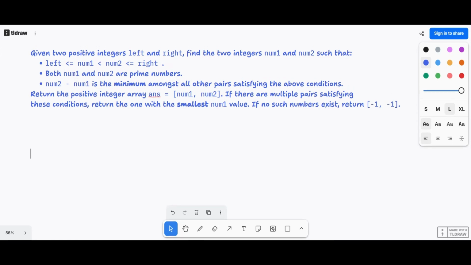Hello everyone. So today I'm going to cover two simple questions on sieve and SPF, which we learned in the last video. Confirming these things earlier, sieve and SPF are basically the algorithms you should know to optimize the questions wherein you have to find prime numbers or use the prime factors of a particular number. Most of the time I have seen this type of algorithm used